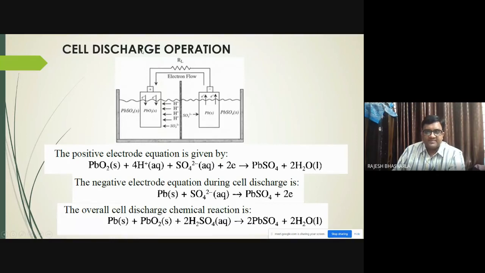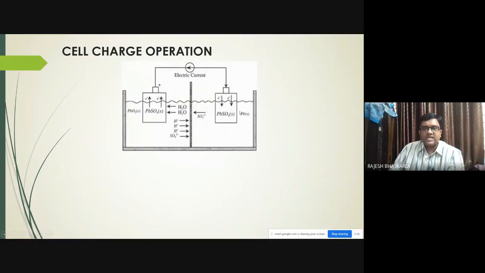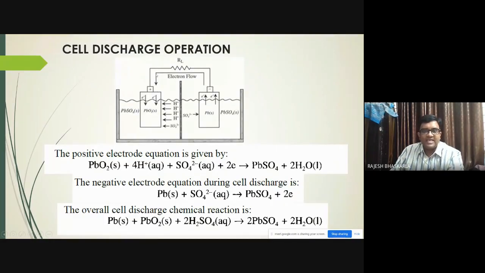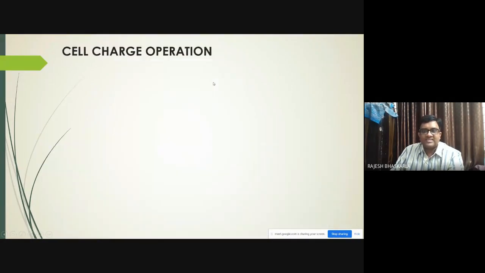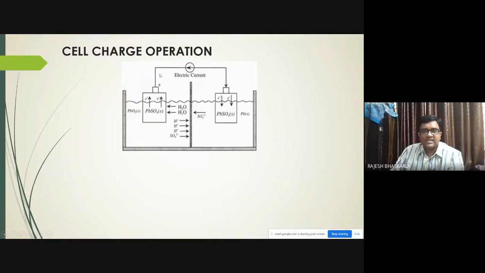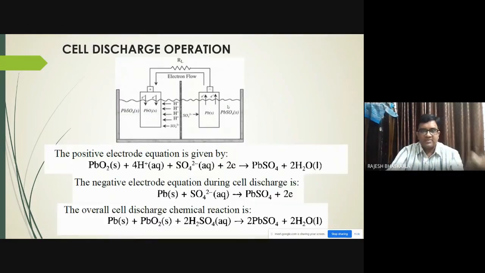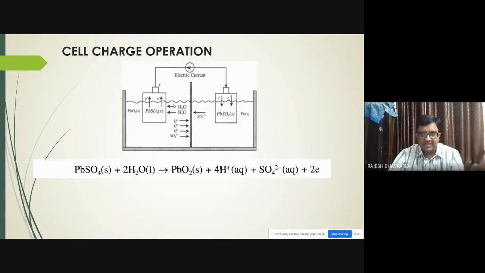At charging, the same reaction will reverse. This reaction will reverse, and this reaction also will reverse. So you can see that here. During charging, I am putting a source here. Now this source pumps in electrons this side, and here electrons will be released. Earlier, here electrons are received and electrons are released. But now here electrons are released and here electrons are received. So we are reversing the chemical reaction. If you remember those chemical reactions, the same chemical reactions happen here, but in a reverse way.